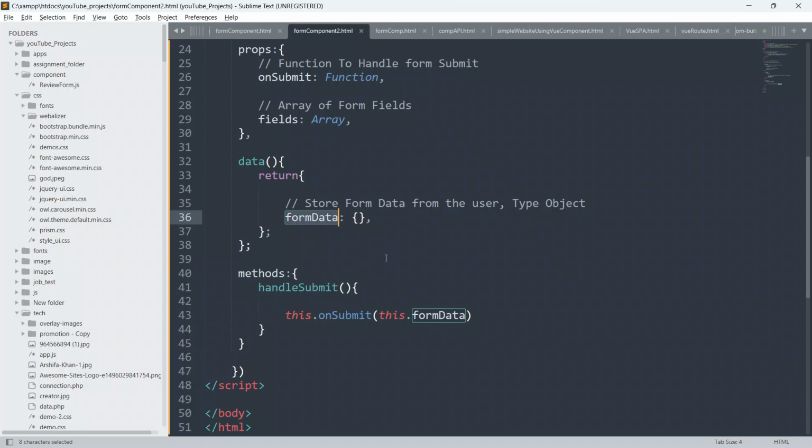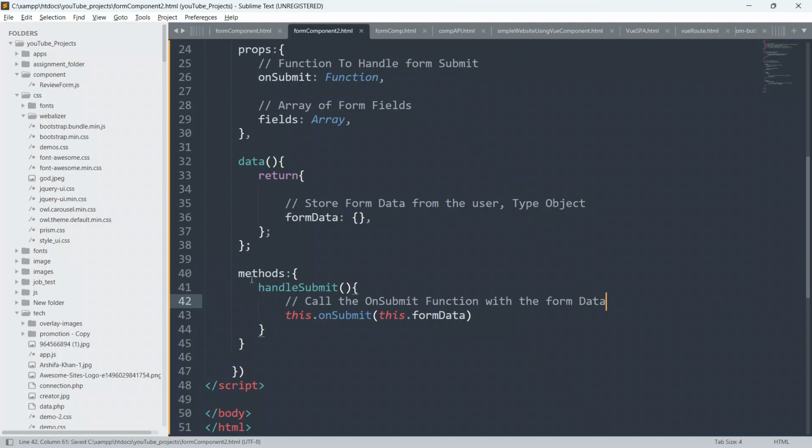Okay, so guys, here I will write a comment also for you. I'm writing the comment just to give you extra information, extra knowledge. So I will say here, call the onSubmit function with the form data.